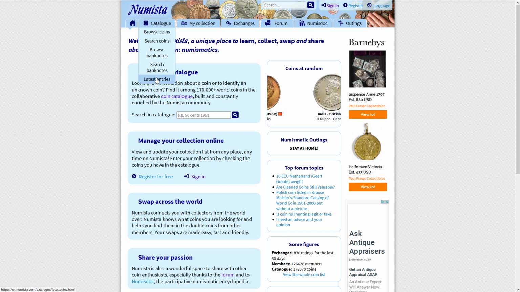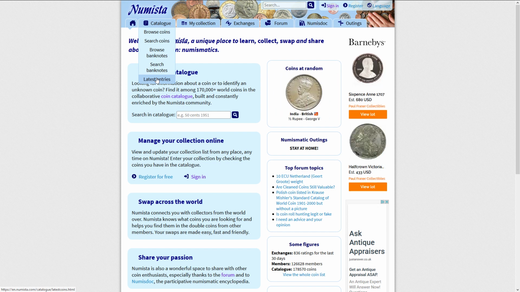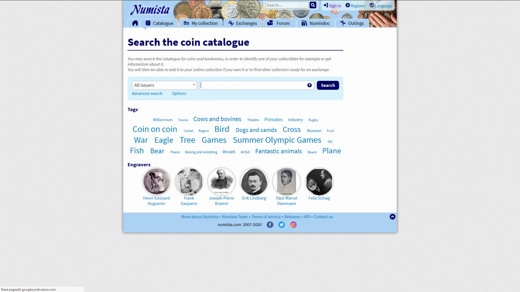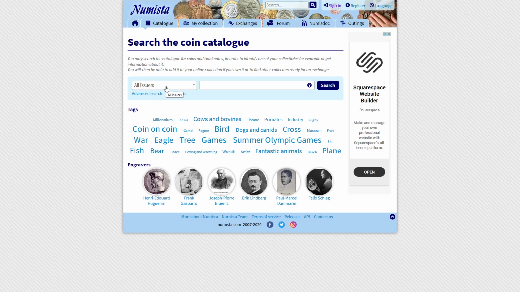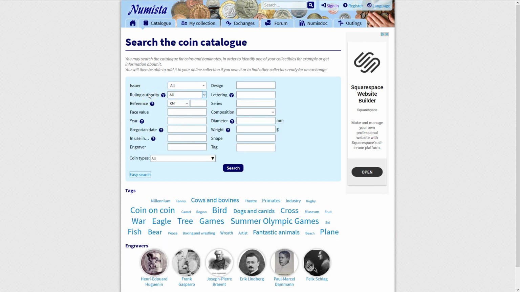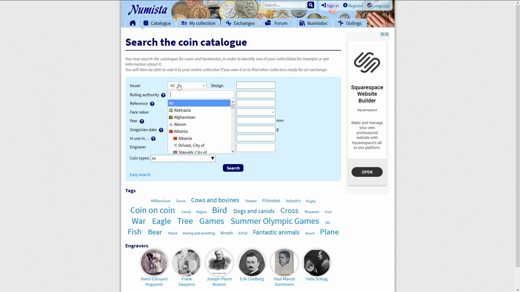You can browse coins, search coins, browse banknotes now and search banknotes, and there's a list of the latest entries. So in this case we'll look at coins because that's what we're doing, so we'll search coins, and you can search coins from here. The coin catalogue is user generated. Be aware that there may be some things that aren't in there, so we'll have a look. So in the box here, you just type in the country. You can select it from the list,